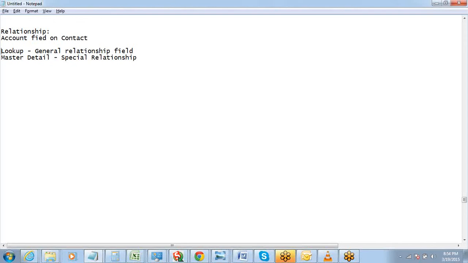You should always create a lookup relationship field. We will talk about master detail a little later. It is just a special type of relationship which comes with some default attributes. Once you are a little familiar with the lookup relationship, you can definitely get into the master detail relationship.